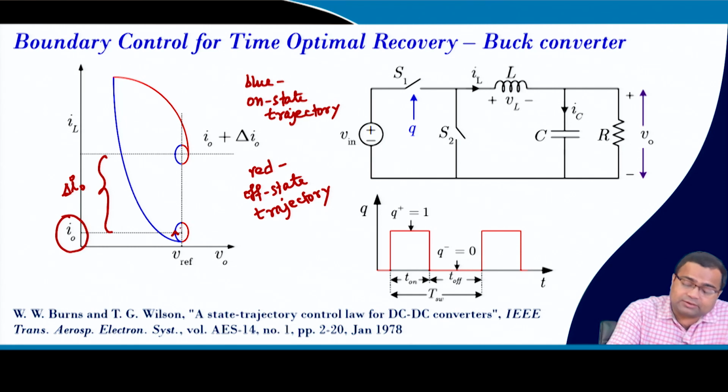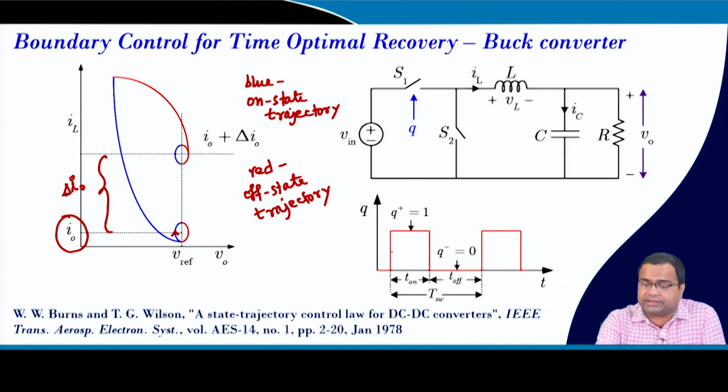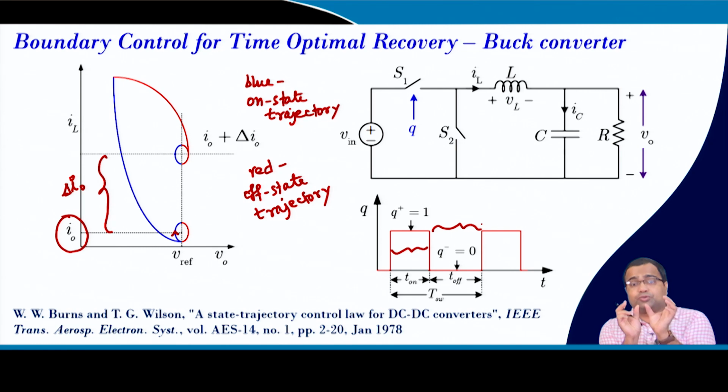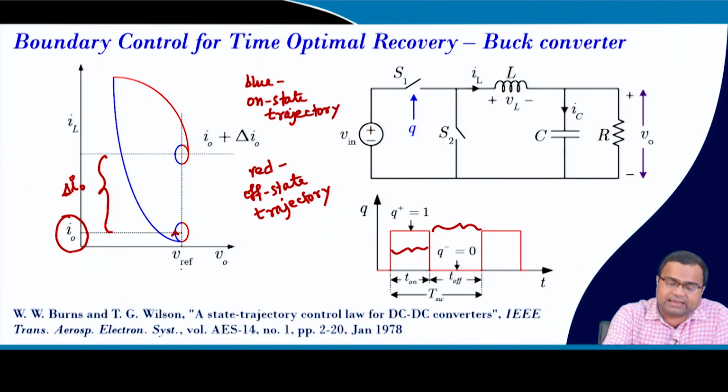Now the question is, when it was in steady state, you can find that the on state trajectory is on for a certain duration t on, and the off state trajectory is activated for the duration of t off. So, we need to choose this on and off duration under steady state in such a way that it meets the regulatory requirement, because you can see in the x axis we have taken the output voltage and the y axis we have taken inductor current.